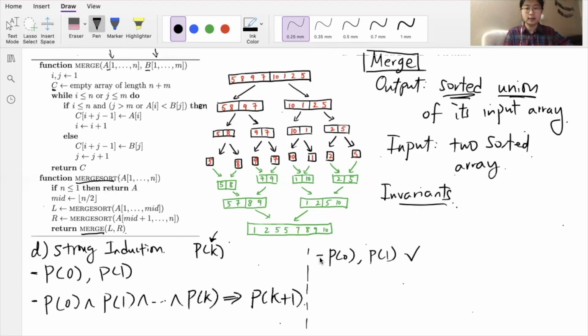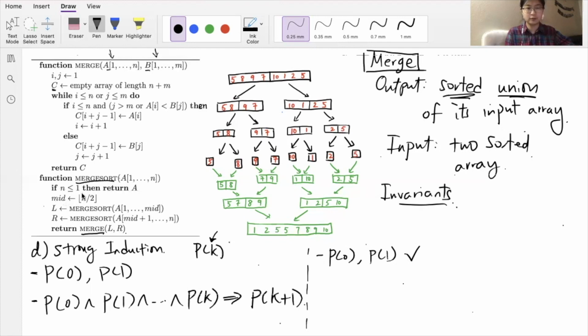All right, now we assume that P of 0, P of 1, all the way up to P of K all are true, which means that merge sort can successfully sort arrays up to length K. And now we want to say that if we give it something of length K plus 1, it'll also return a sorted output. Okay, so we go to the function merge sort, and we see that the first thing that